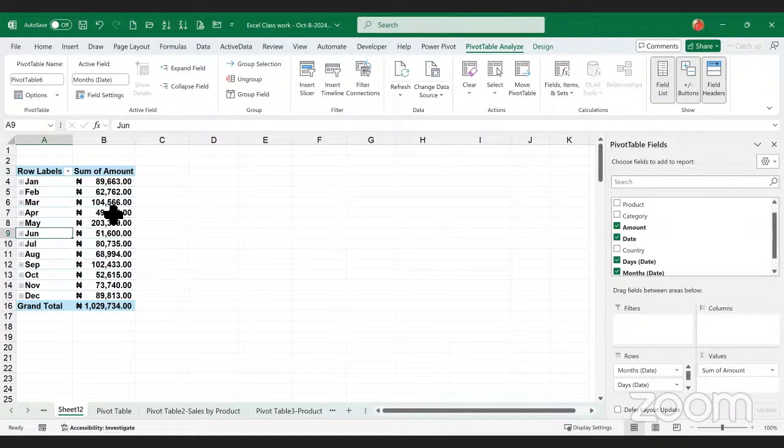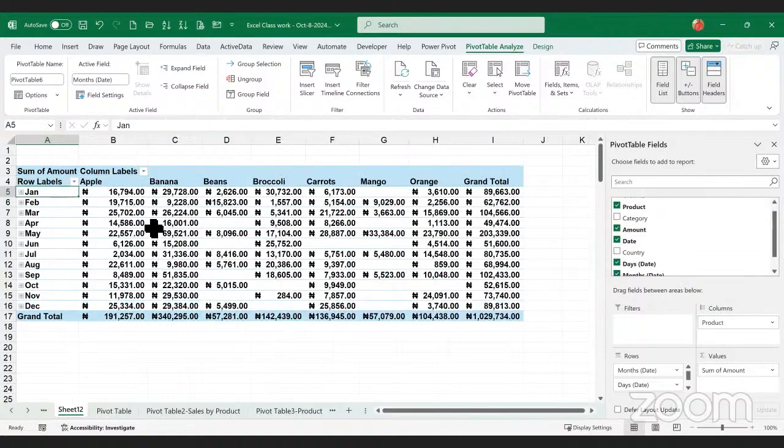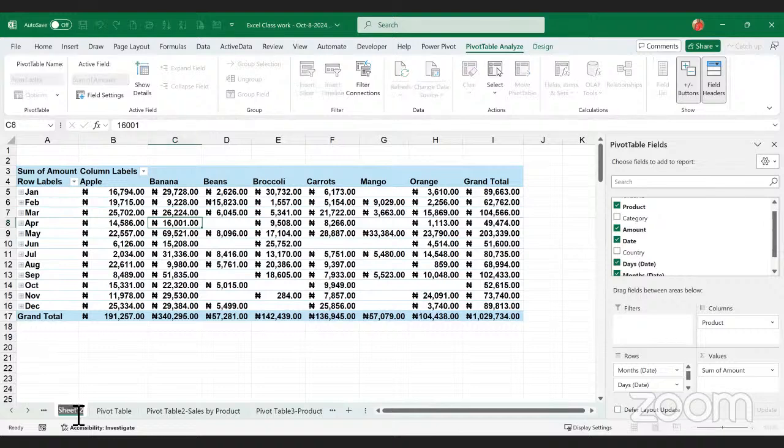I will get only sales by date. But if I want to see the product along, or maybe the country, then I will put it in the column section. So as such, I'm able to see the product sales by each of the dates. So I'll call this one